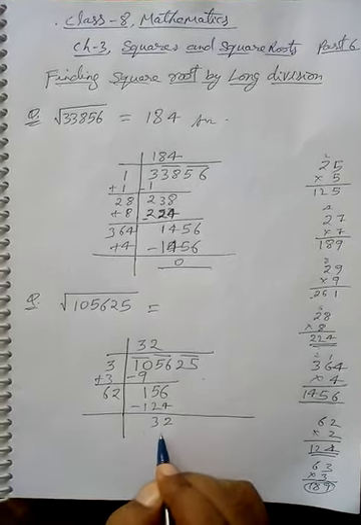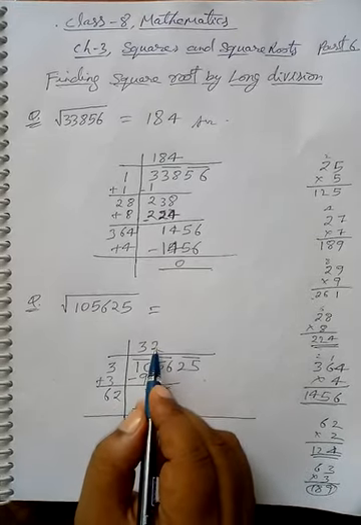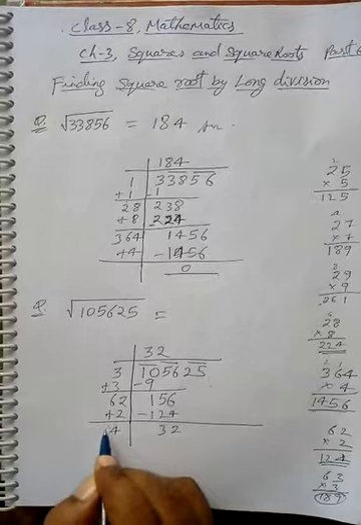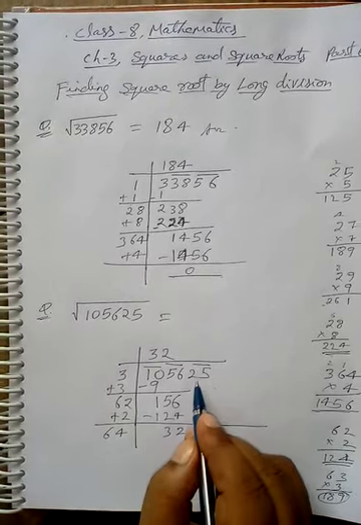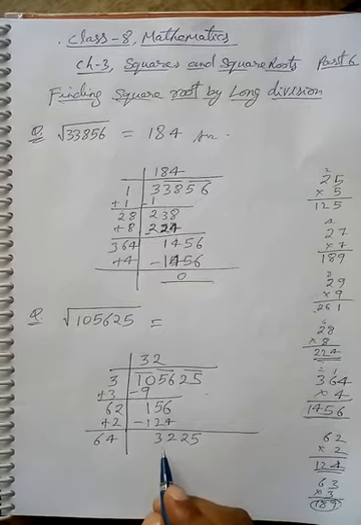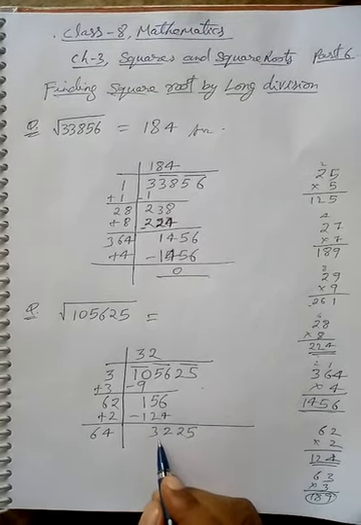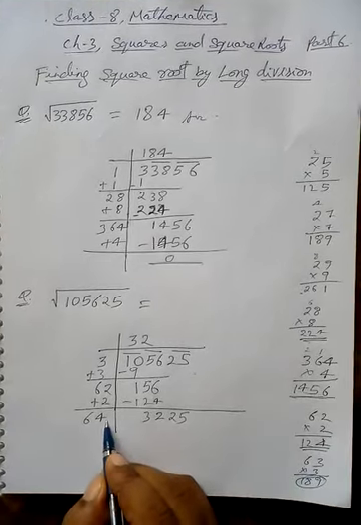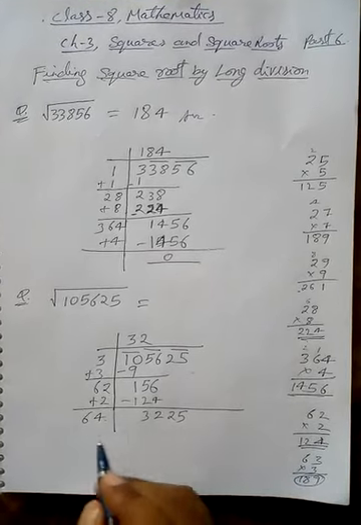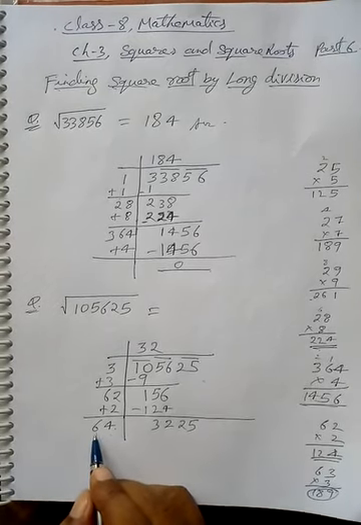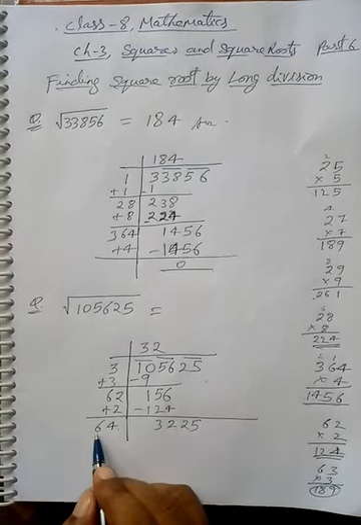2 3. Now I told you whatever you write in the quotient must be added here too. It becomes 64. Now take down the other period, 25, here. Now the new dividend is 3225 and the divisor is 64 and one more digit will come here. So let's see, find the number at which 32 is divisible with 6.